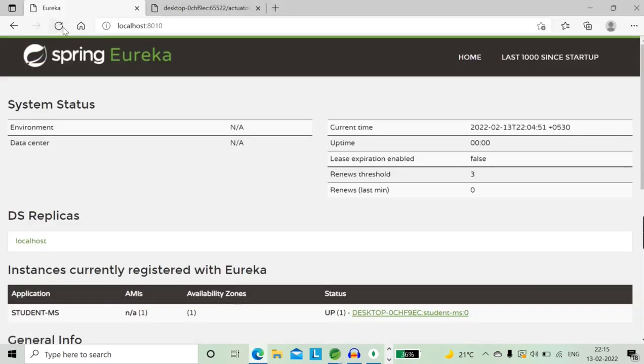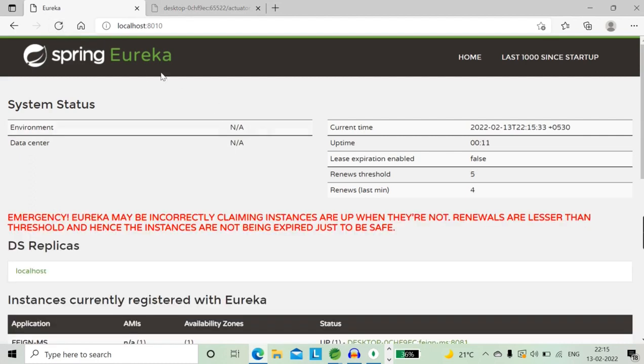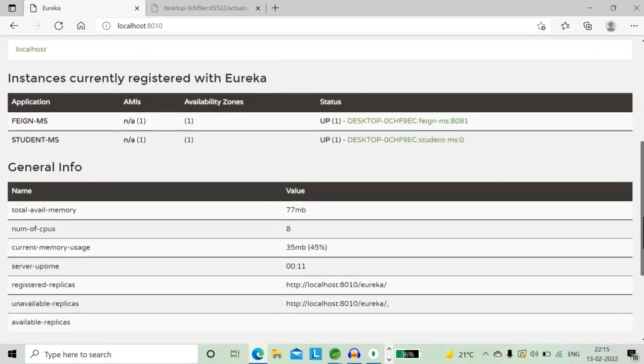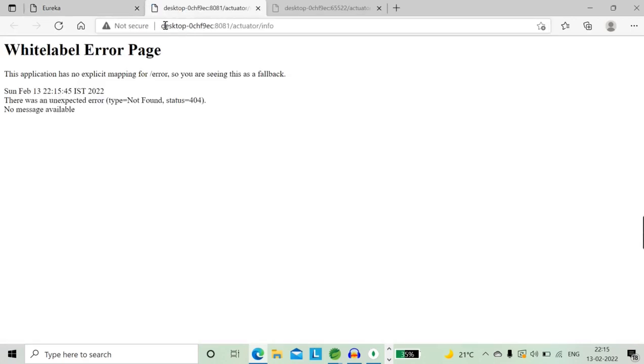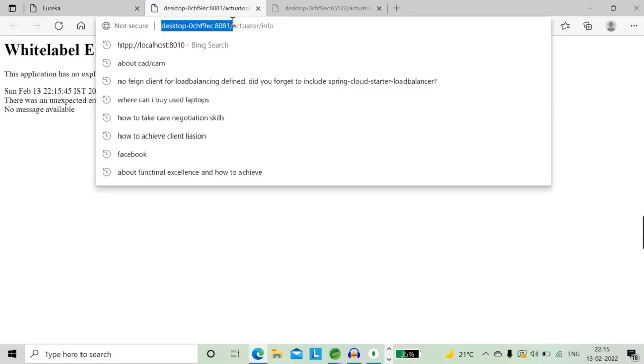And the server is started, so go to here, refresh, and verify whether the server started or not. So it looks like it got started. Feign client is started. It is running on 8081. Then take this URL,